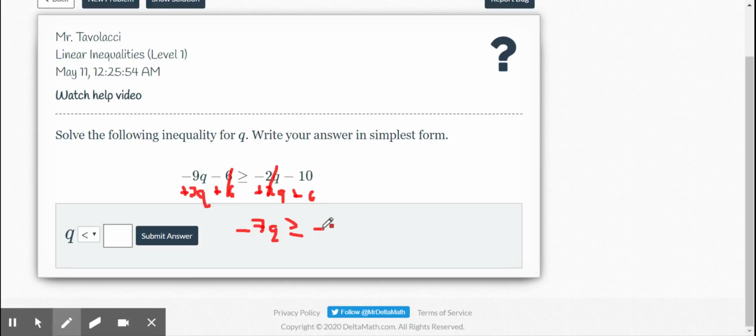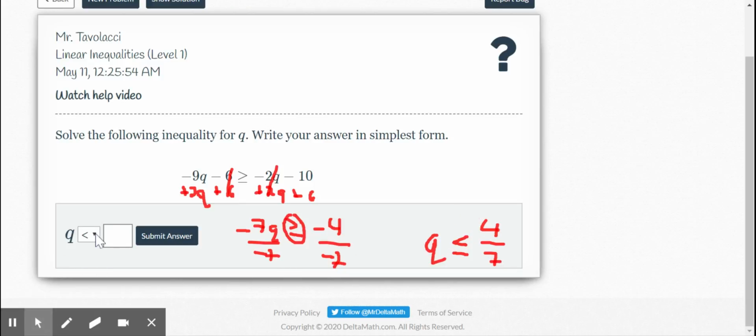-10 plus 6 is going to give me -4. All right, we will divide both sides by -7. And when we're dividing by a negative, the inequality is going to have to flip. So it's going to go from greater than to less than. And -4 divided by -7 is just going to be